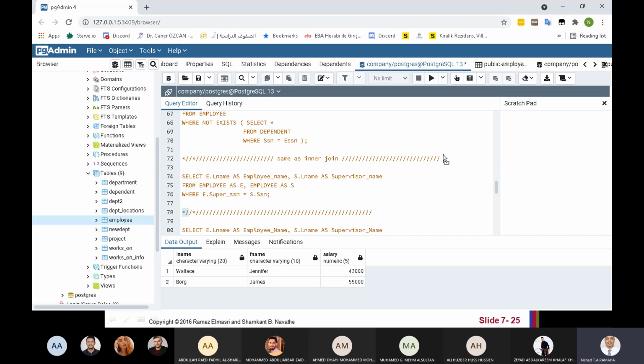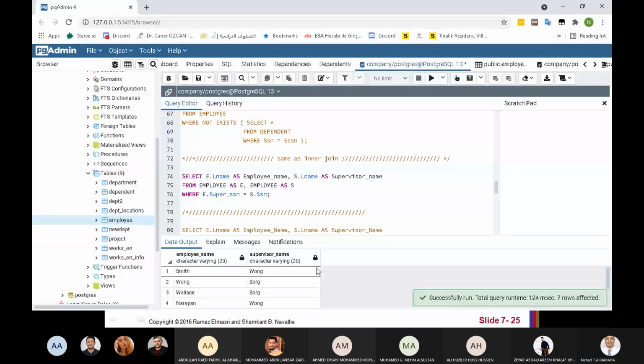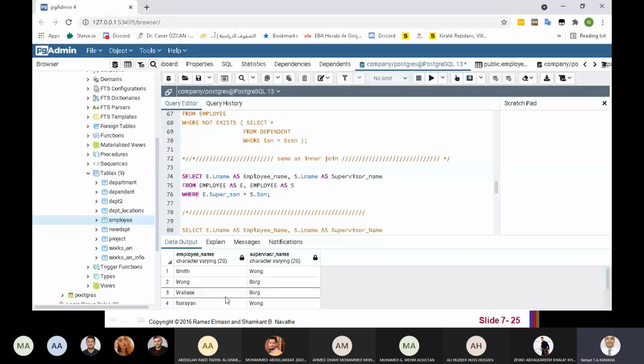It will return an employee only if he has a supervisor. This returns 7 tuples, and of course we have employee and supervisor name. We do not have in the result the employees without supervisors. So it's the same as an inner join. It returns rows only when we have values from both the first and the second table.